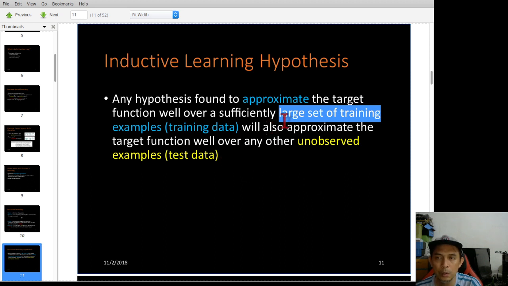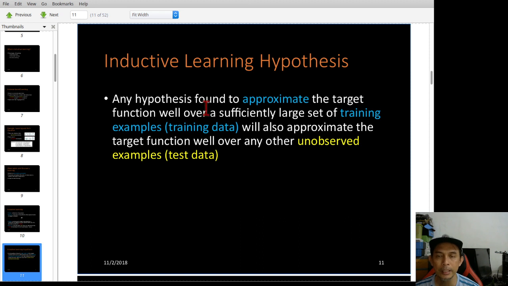So the function that you design from the training data should be able to approximate the testing data as well. So that is the hypothesis, the assumption.